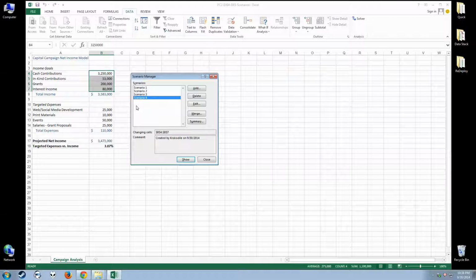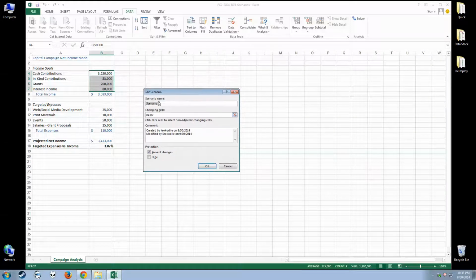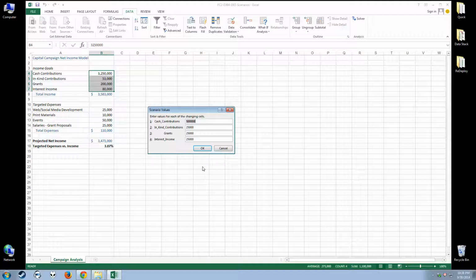Let's just try one last thing here. Let's open up scenario number 3 and just click Edit. You'll notice it comes back to a familiar scenario. It's going to list a modified date, so each time you go through these scenarios, it's going to give you automatically in the comments a change log, which is good. And then when we click OK,